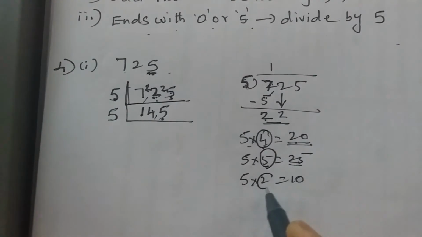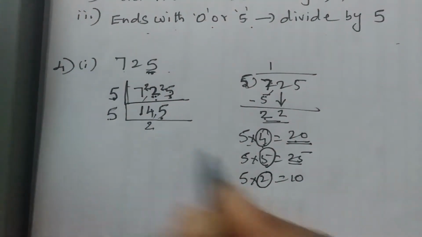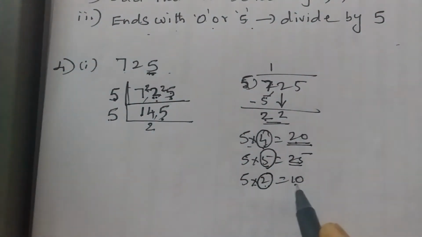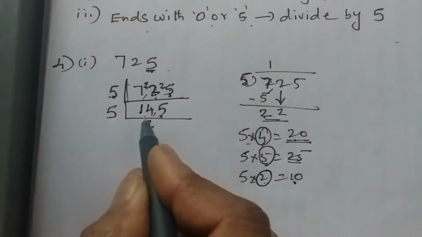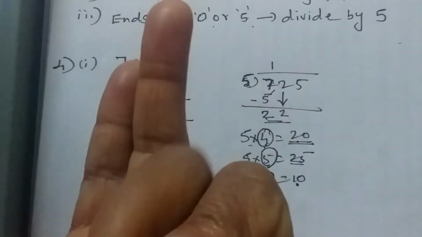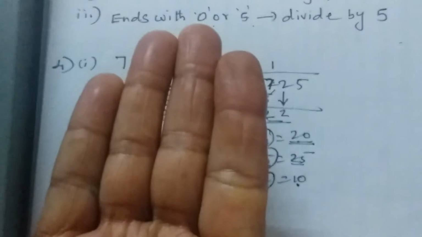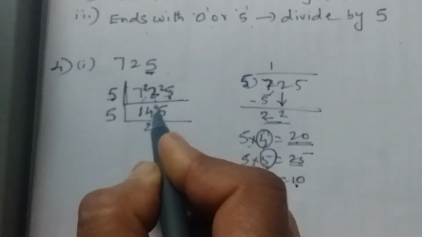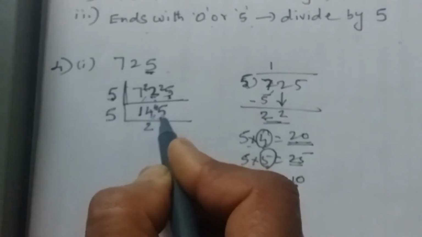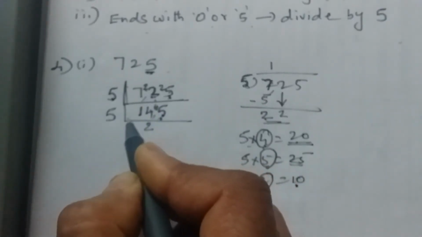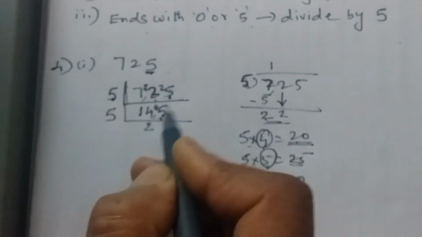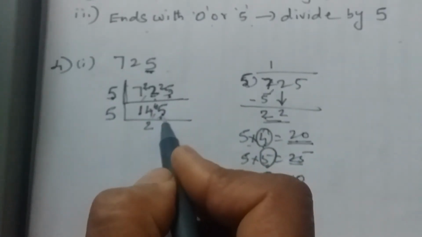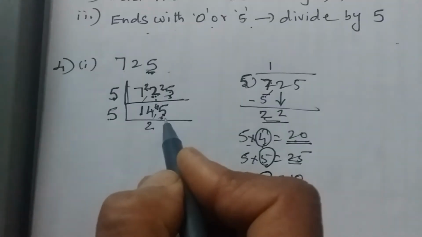And what is the quotient? It is 2. So what do we write? Write 2. 5 twos are 10. After this 10, you count till 14: 11, 12, 13, 14. So what is the remainder? 4. What to do with that 4? Carry it with the next number. It becomes 45. Until 45 comes, 5 tables. Yes, if you tell 5 tables, 5 nines are 45.